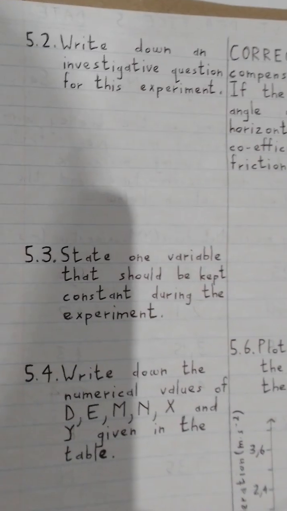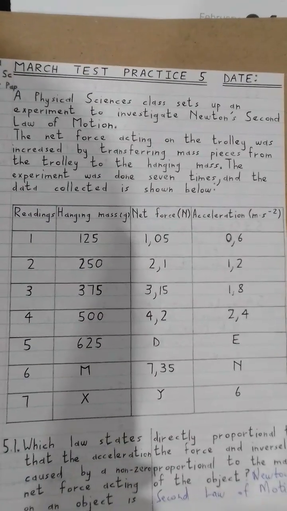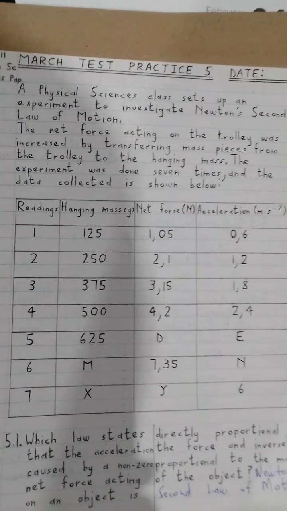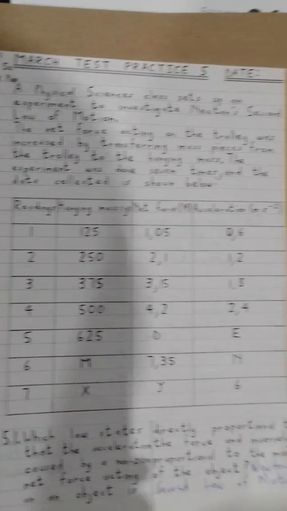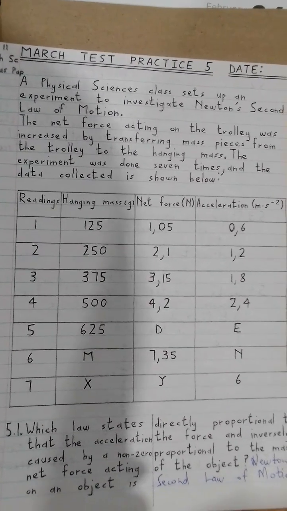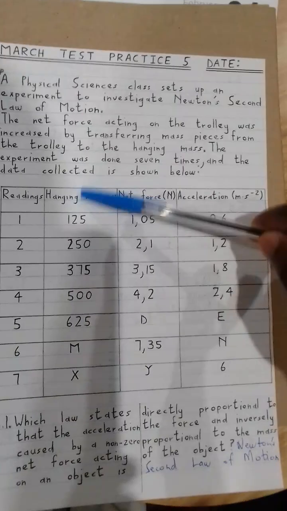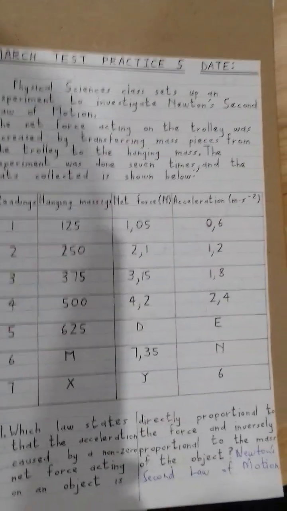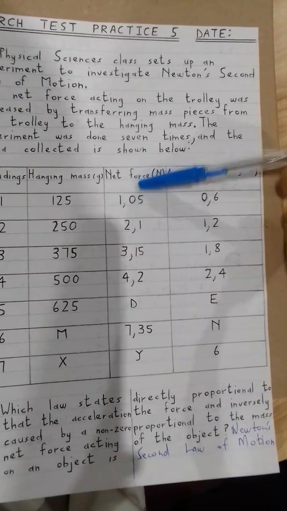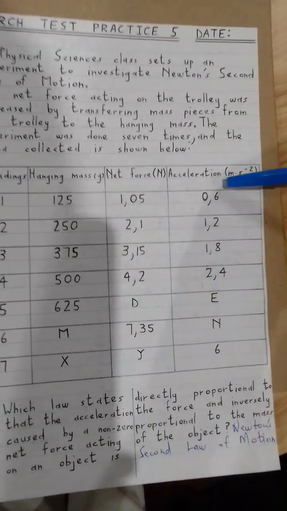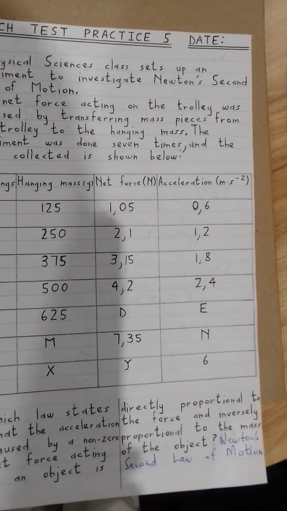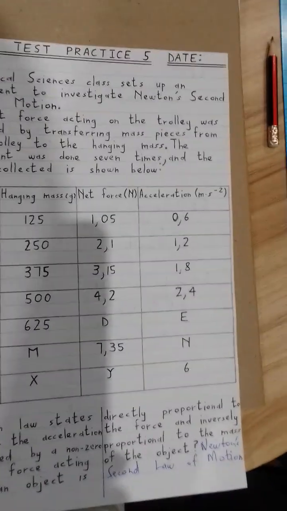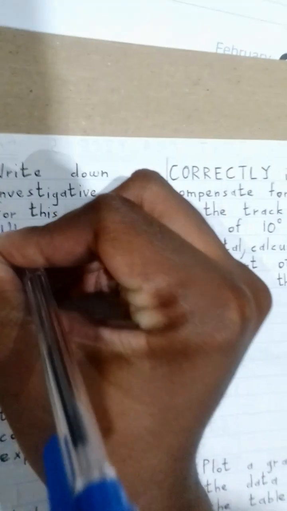5.2 states, write down an investigative question for this experiment. So let's go back to the opening statement. A physical sciences class sets up an experiment to investigate Newton's second law of motion. The net force acting on the trolley was increased by transferring mass pieces. So they just kept on increasing the mass somehow, right? And then they wanted to see how this influences the net force, and they calculated the acceleration. So the main experiment were these two, right? Net force and acceleration. So a good investigative question would be, what is the relationship